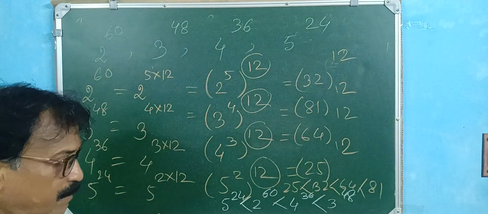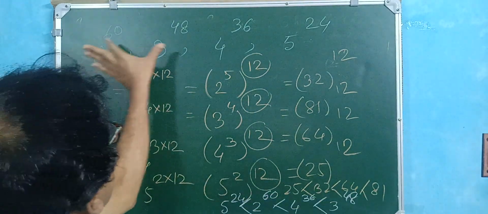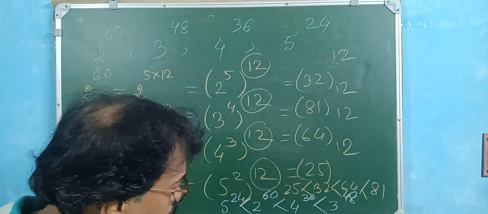So arrange in the ascending order, মানে কি ছোট থেকে বড় সাজাও।